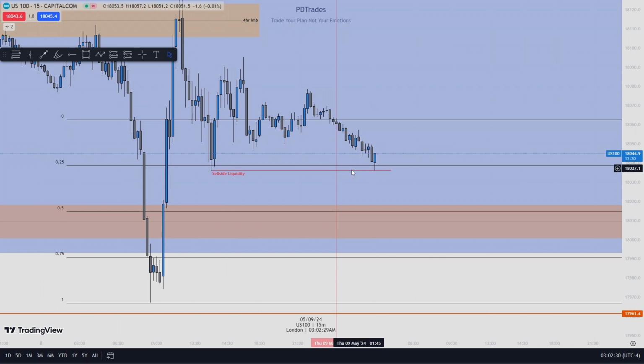You see that? But I'm looking at this area here. This is my hotspot. You understand? I want to see what price does from here. I'm going to let it play out, do its thing. What it could be doing right now is generating more liquidity. You see that, guys? Doesn't get any better than this, man.